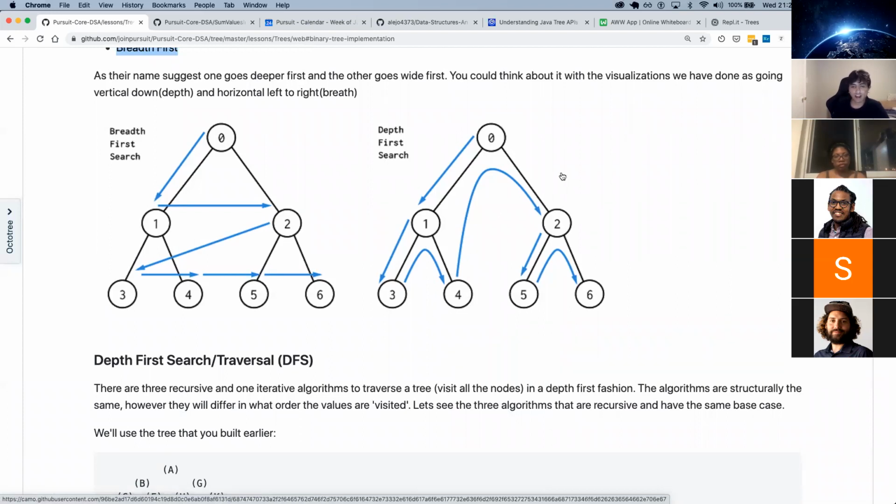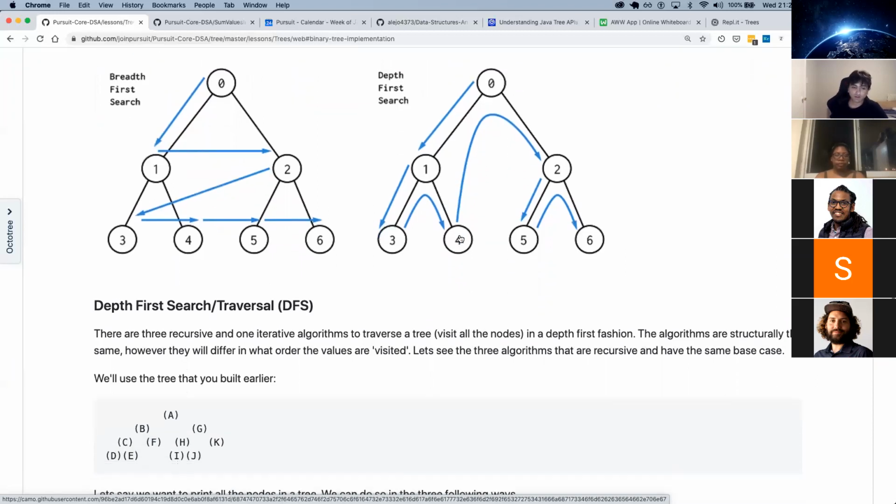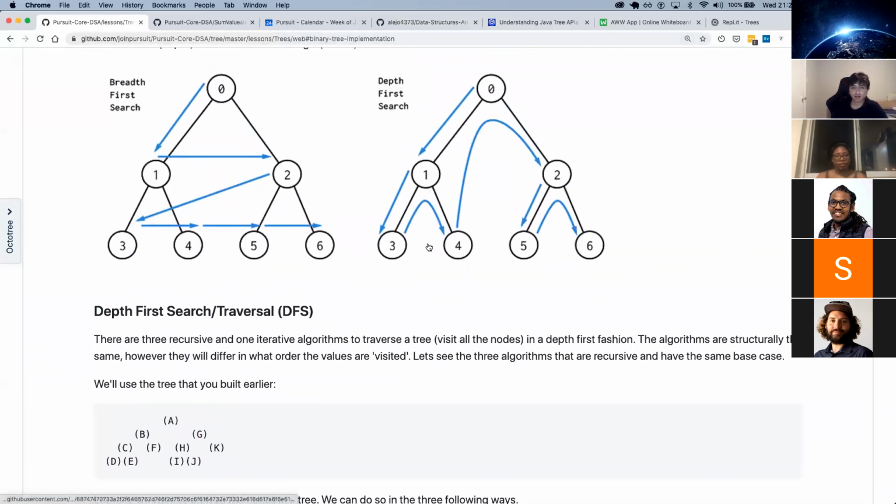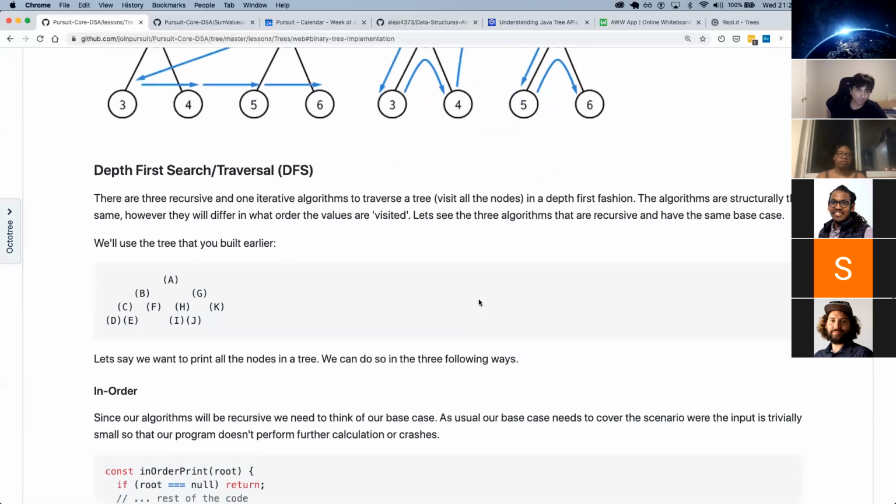According to these arrows, we can't really tell which one this is, but the importance of the arrows is that it goes down first. We're not going to the sides yet.